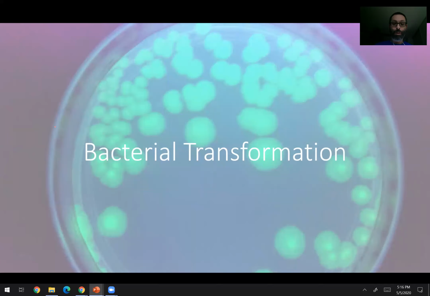But what we figured out is that we could use these as vectors, that if bacteria are already passing these things around, let's get them to pass things that we want them to pass around. So that involves something called a restriction enzyme, an enzyme that cuts DNA at different places. There are all kinds of different places that you could cut the DNA if you have certain enzymes, right? They are all specific. So if you sequence your plasmid or whatever organism you want to cut up their DNA, you can look for the correct address